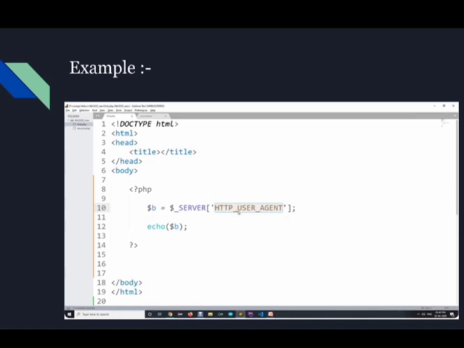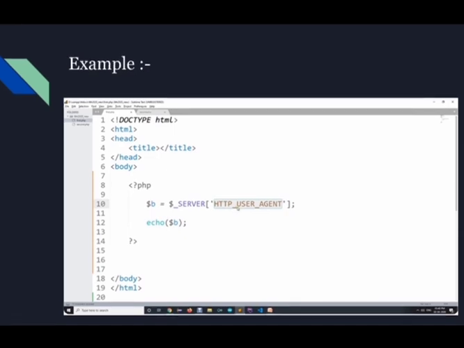We can write the code under the body of our HTML page, under the PHP tag. As you can see, after the dollar sign, SERVER HTTP USER AGENT is written. In this way we can detect the browsers.